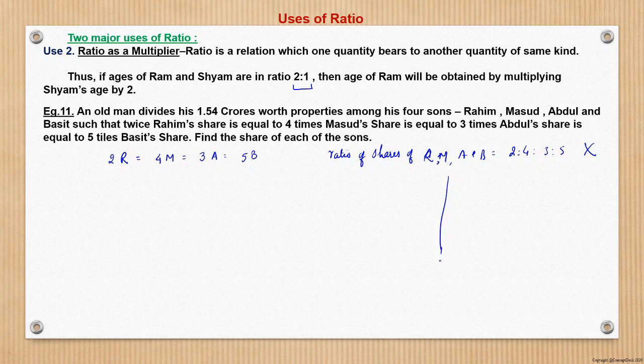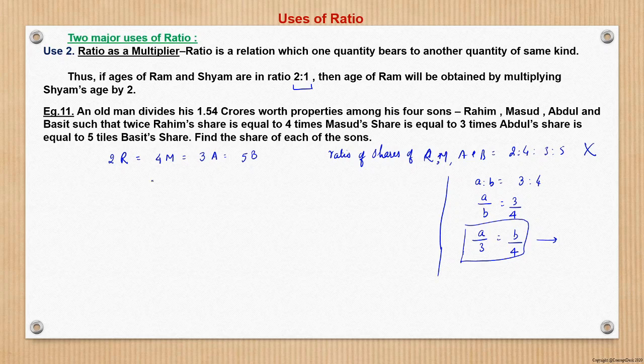See, what happens actually is, when we say A is to B is nothing but 3 is to 4, we mean that A by B is equal to 3 by 4. So this can be written as A by 3 is equal to B by 4. This is the standard representation of a ratio. When A and B are in ratio 3 by 4, this is represented in the form of A by 3 is equal to B by 4, not as 3A is equal to 4B, right? This is the way I just wanted to convey here.